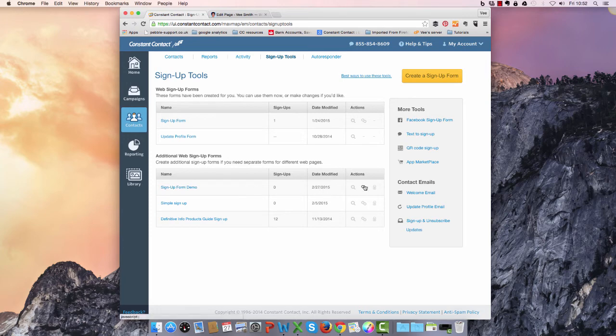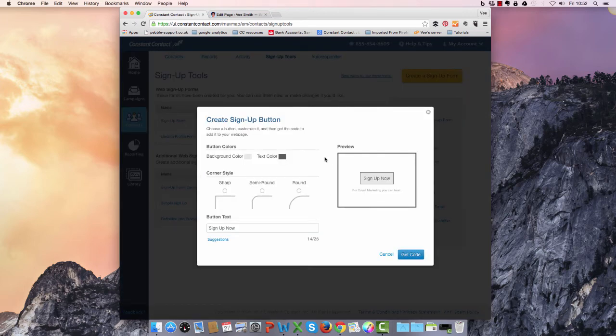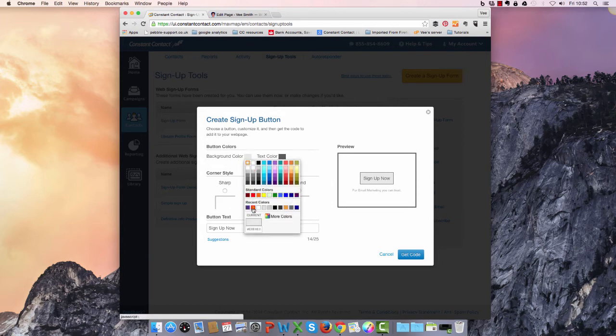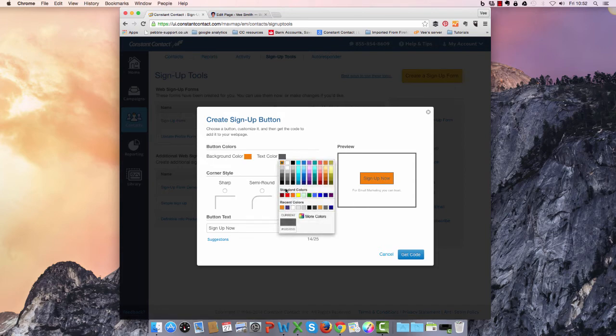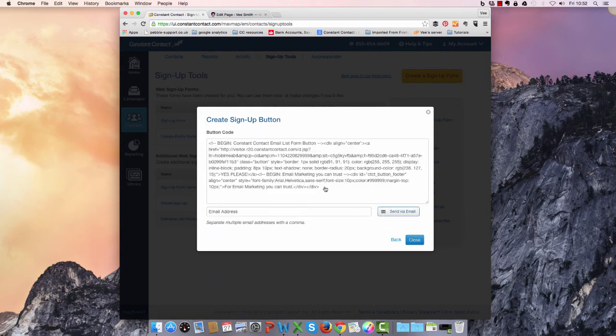So all I need to do is take the link, which is this chain thing, share URL to, or create a button in fact is what I want, and I can now change the colour of this. So I'll pick my orange, the text colour. Let's see if it looks better in white. We'll have round corners so it looks more like a button. Now sign up now, I'm going to say yes please, and then get code. So now I just copy this code,